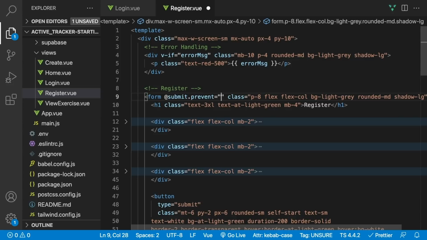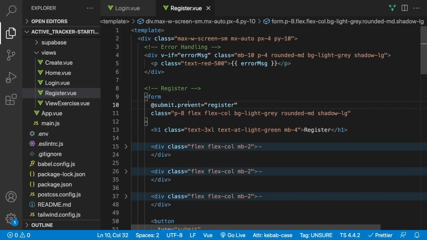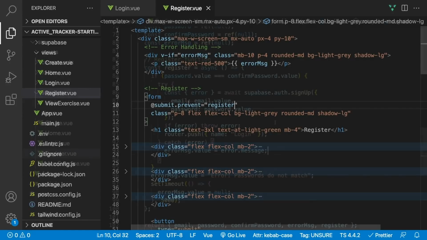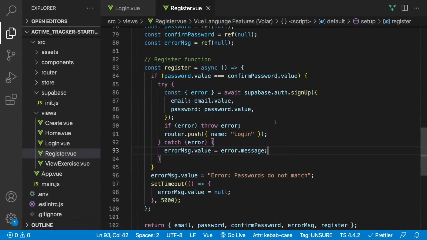And then the function we want to call is going to be our register function here. So that's going to go ahead and do it. Now the next thing we need to do is actually test this out and make sure everything works. So before we do that, there are a few updates that we need to make to our register function that